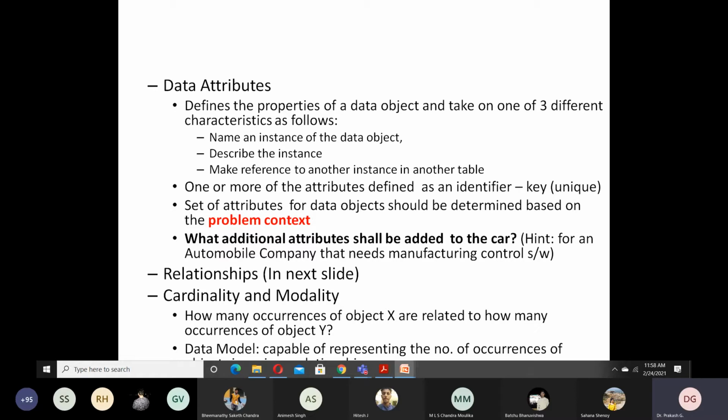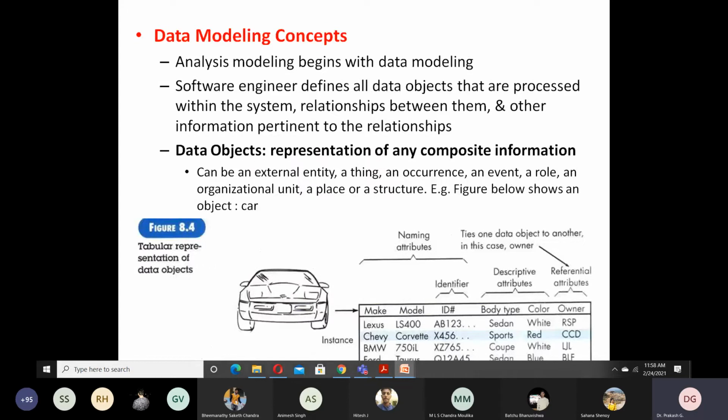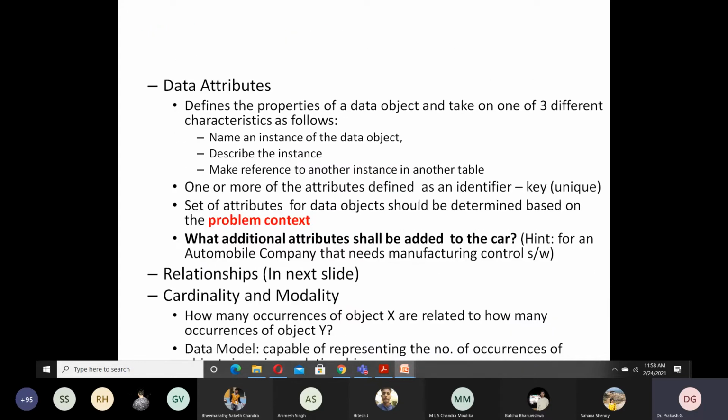Suppose you want to define data attributes for a data object, you have to name an instance of the data object. What is that instance? Car color, car body type, car owner, car model. These are instances of the data object, and you give some name to them, you describe that instance, and you make some reference. That is what a referential attribute says. You reference one instance with another instance in another table. That is what you do with the foreign key and primary key relationship in DBMS.